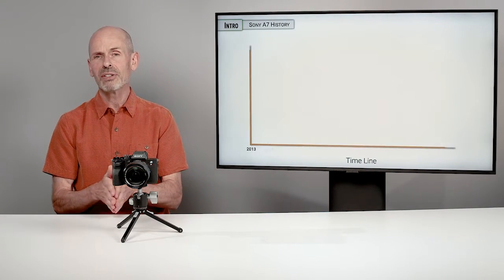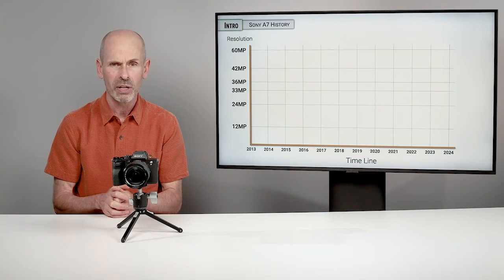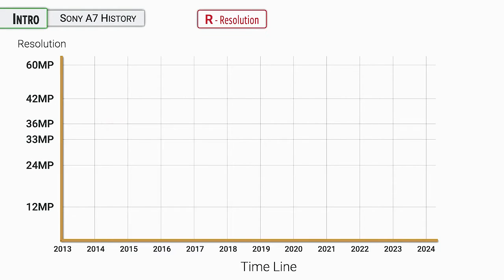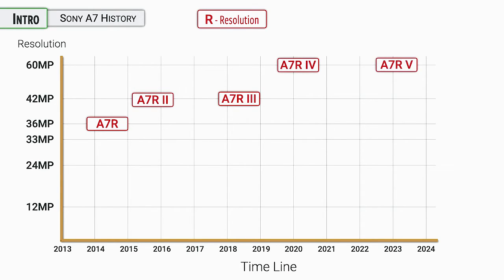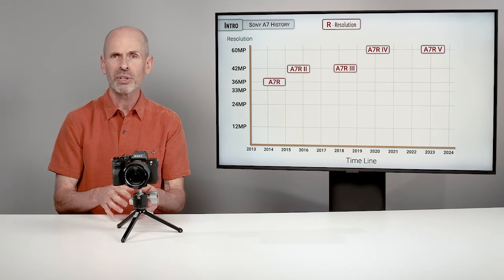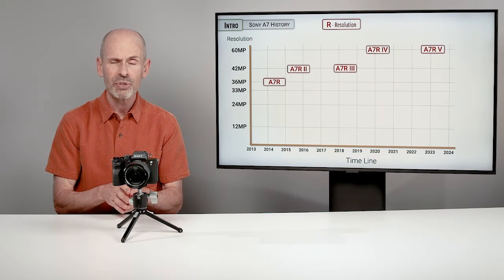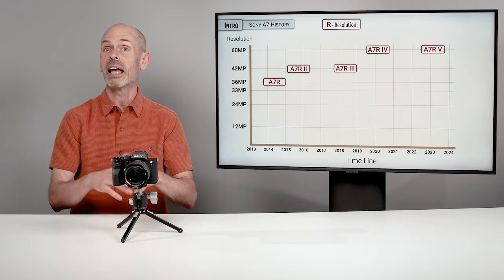Now, this is an A7 series camera, and this A7 series has been broken into 3 parts. And the part that we have here is one of their resolution models. And this is something that they've done since the very beginning, is they wanted to have one model that had kind of the maximum resolution available at the time. And as you can see, it's been rising in resolution over the years. It's kind of on a tick-tock schedule where one year they will upgrade the sensor resolution, and then the next year they'll upgrade kind of everything else in the camera. And this particular Mark V version is no increase in resolution, but kind of an upgrade in everything else,